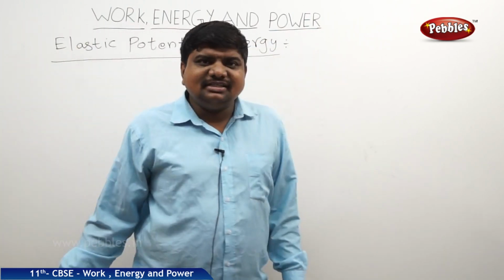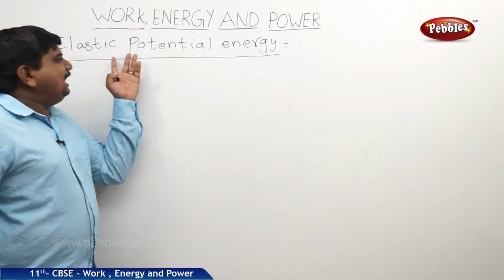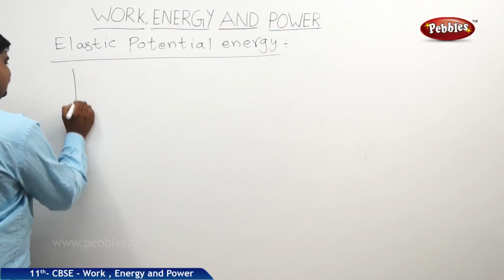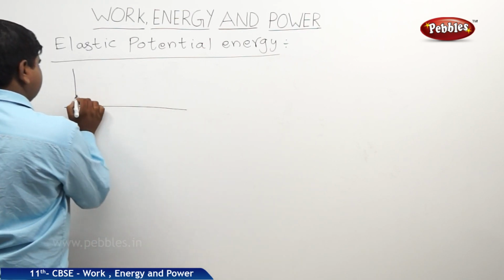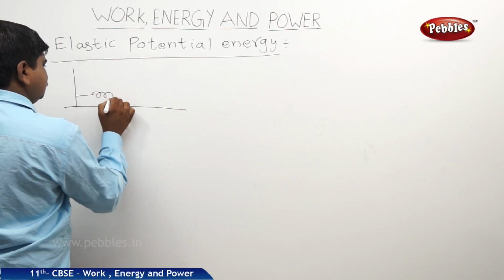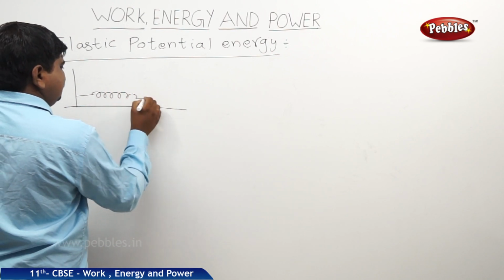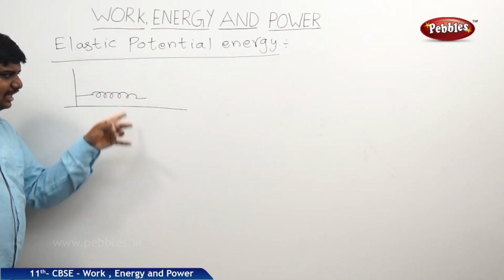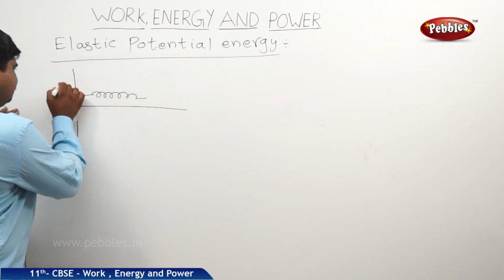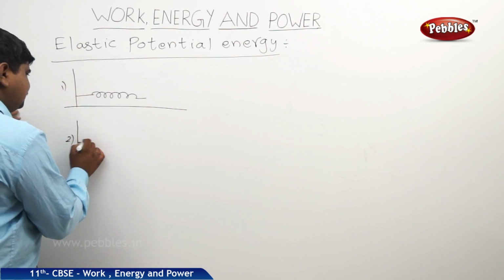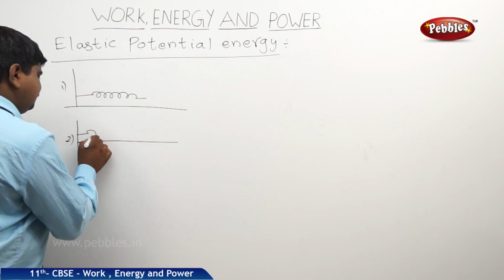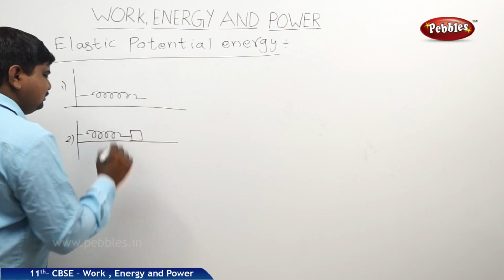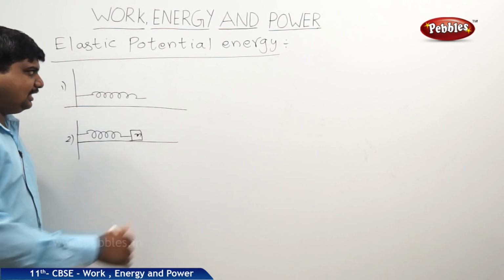This elastic potential energy, so we should take an elastic body to explain the energy. So let us take a spring. The spring is initially freely hanging. Next it is connected to a mass. The first diagram, the second diagram is like this. Next it is connected to a mass. Once it is connected to a mass, when it is suspended like this,